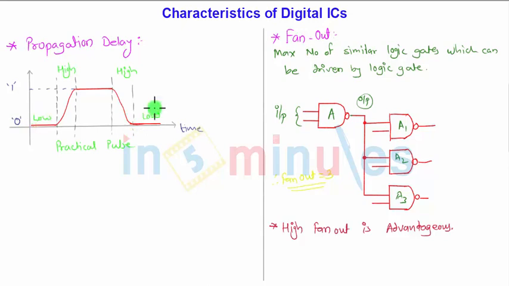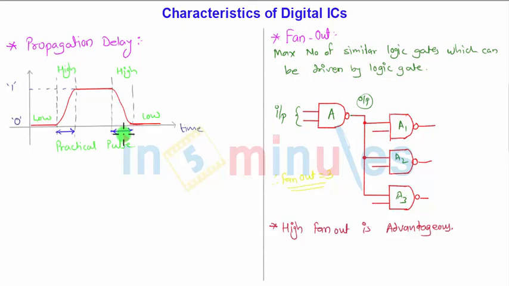So propagation delay time is the time taken for a pulse to go from the low state to high state, or the time taken from high to low. They are not useful time. Why? Because we are only concerned with the two states. It should be either 1, that is logic high, or 0, that is logic low level. The time taken from low to high, in between, and secondly from high to low, this particular time is called the propagation delay and it should be avoided to achieve higher speed. So this is called propagation delay.